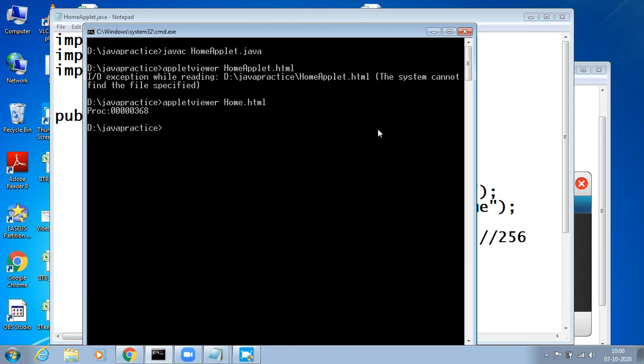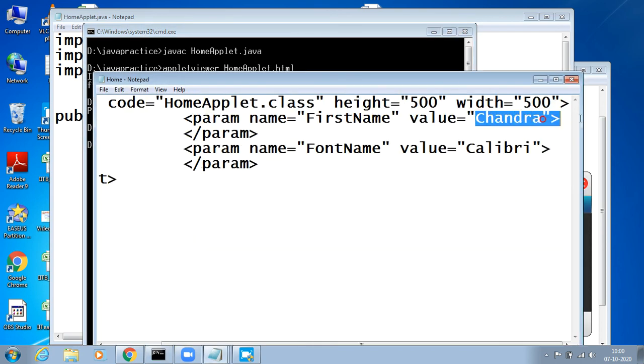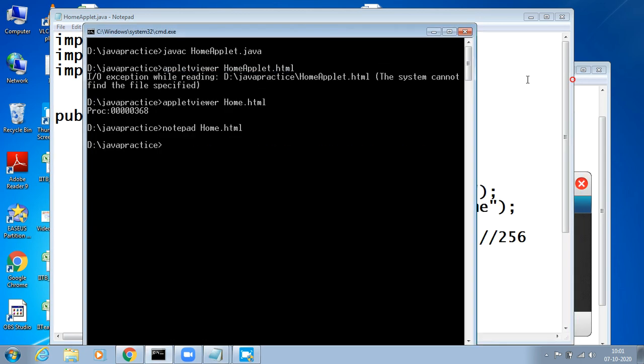Now see, I have done here. Now what I do is in the applet code, I'll try to change the code now. Change the logic: instead of first name Chandra, I just say something like easy. I kept easy. Okay.